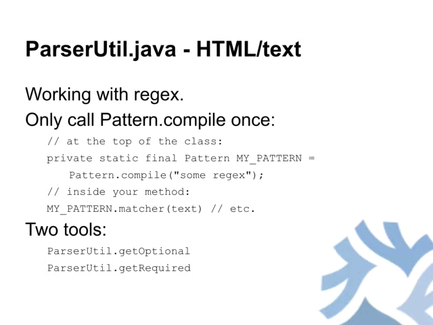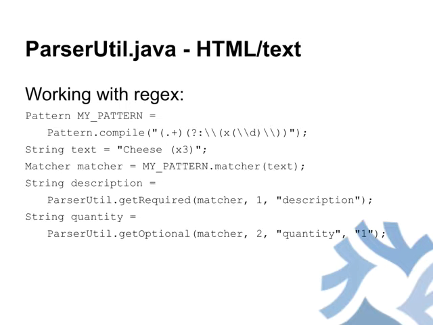To use regex, we've developed two useful tools, that is getOptional and getRequired. In this example here, you can see a familiar thing where you have an item description and an item quantity inside of the parentheses. I've developed a simple regex here. There may be better options for the regex. What I would like to show you though is that this has two groupings. Now, when you take the pattern and you compile it, then you call the matcher on it and pass in the text, you can call